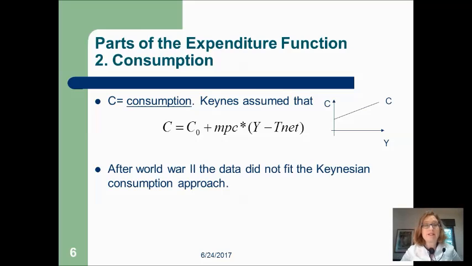And that should not surprise you, because even if we have no income, we have to eat. MPC is the marginal propensity to consume, which describes how much of every dollar that we earn we decide to consume. The rest is directed into savings. So if MPC is 0.8, for example, it means that for every dollar of income, 80% goes to consumption, which is 80 cents, and 20% goes to savings, which is 20 cents.